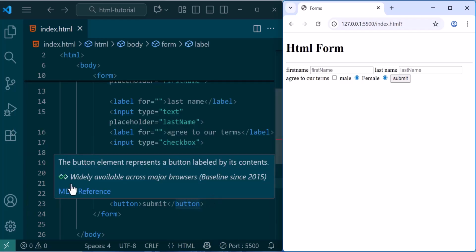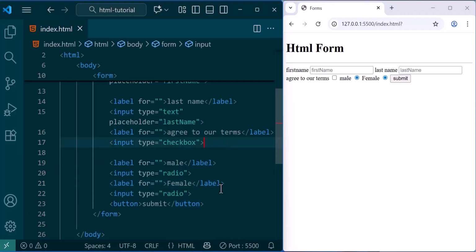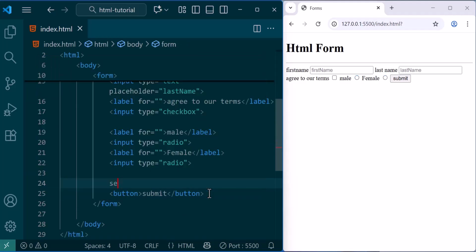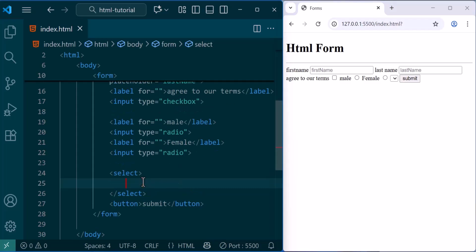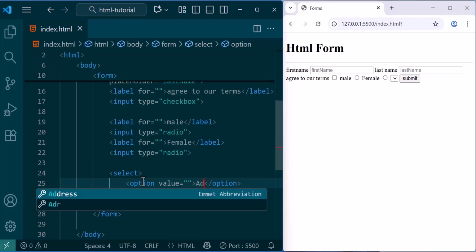Another thing I want to show you is another element called select. We can have a select, and I'm going to remove this. I will remove the other things. So select, you can see select has this drop down. So we have other options inside it, and we can have a few options inside. So we can have option. The first option, let's have a few options. We can say this person is an adult,